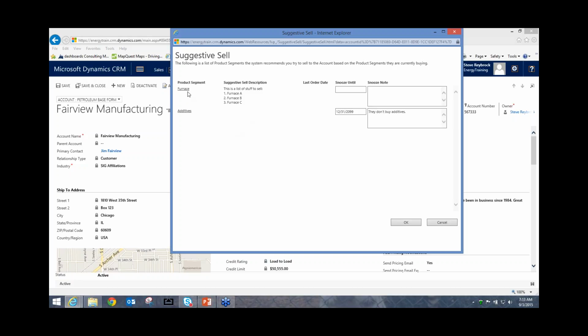The other one that came up was furnaces. I didn't snooze this one, so this is still one I could talk to them about. And here's a description I put in the furnaces product segment master table to have me pop up this message whenever furnaces show up on the suggestive sell screen. So you can get real creative on what you'd want to put in here, and then everybody just gets to